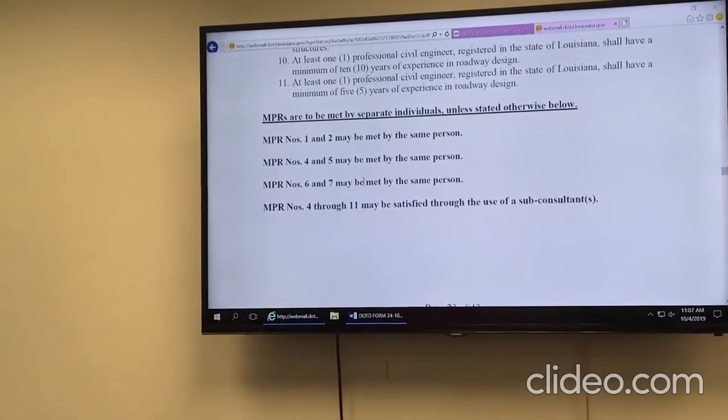But just because someone could fulfill 1 and 2, if you have not in the advertisement said that you will accept that as the same person, do not assume, if you're the firm, that I know Mike Gorbaty can fulfill both. If DOTD has not said they will accept that, you don't make that assumption. Yeah, because they will be looking for those resumes in that org chart to meet that